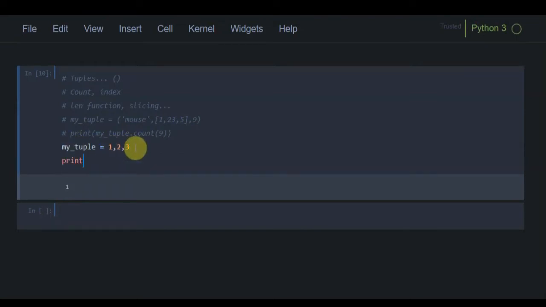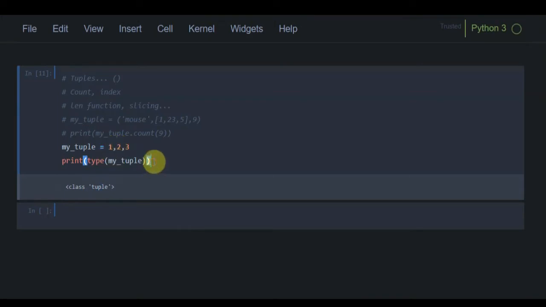If we check the type of my tuple by using the type function, you can see here the class is tuple. So the parentheses are optional, but it is good practice, when we talk about the tuple data structure, to use parentheses.